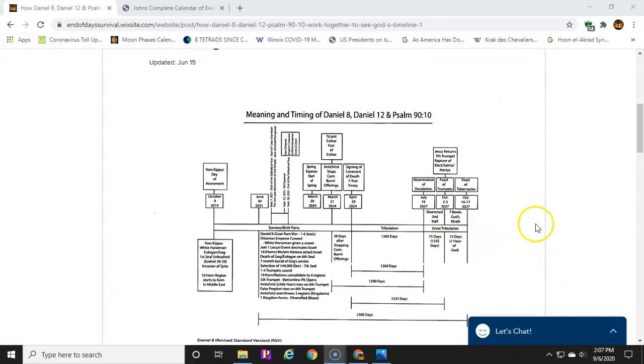And so if you look at that Daniel 8, 12, and Psalm 90 chart that I built, you'll realize that if that is the start of the sorrows, then the seals are being broken or starting to break, and that happened in October, and look what's happened up to this point. We've had all of this turmoil in the markets and global problems, and they're just going to get worse as we get into fall here. But that is going to start what I call the catalyst that brings on the sorrow. So that is that first seal.